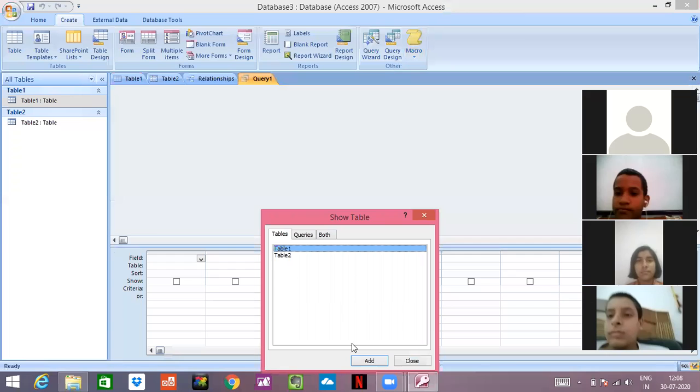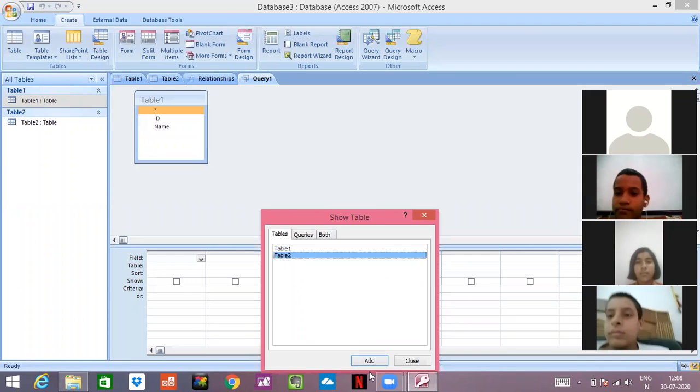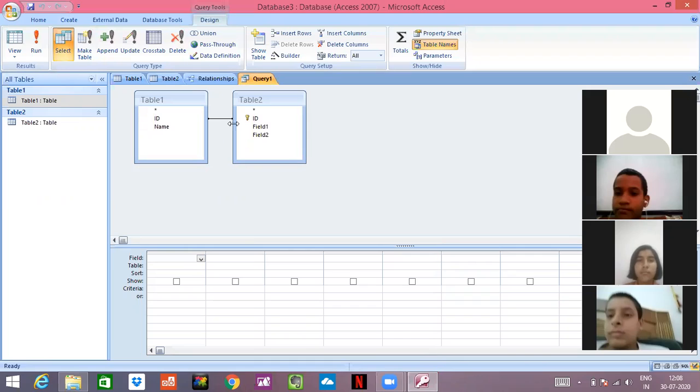Again a Show Table tab is there and I'll add a table to the query. See, close and I'll create. See, the link is shown in between so that you can add a query. You can write the field and you can write the criteria also, what kind of thing is there. This is your query tab 1. In a similar way, you can create many queries and this is the relationship which you are creating between the things. So I hope this topic